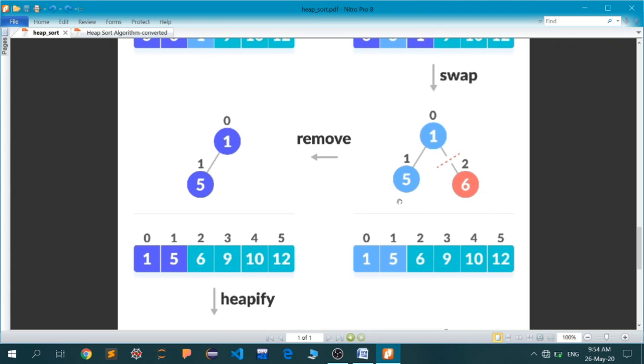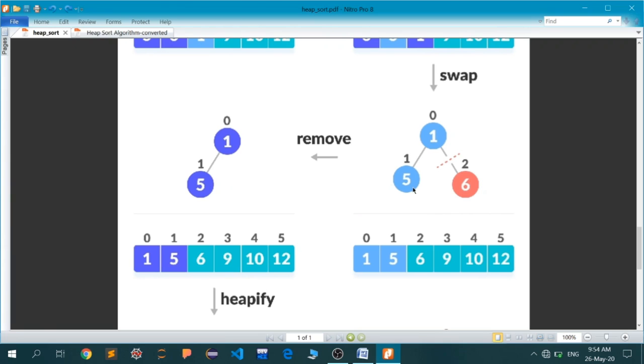And there it is. Now we'll remove this. By removing, the number of active elements in the complete binary tree is now 2. There you go. The blue one starts decreasing. The elements colored blue will keep on decreasing, and the elements in green keep on increasing. It means our complete binary tree is decreasing and our sorted array is increasing in size. Okay, now we remain with these 2.